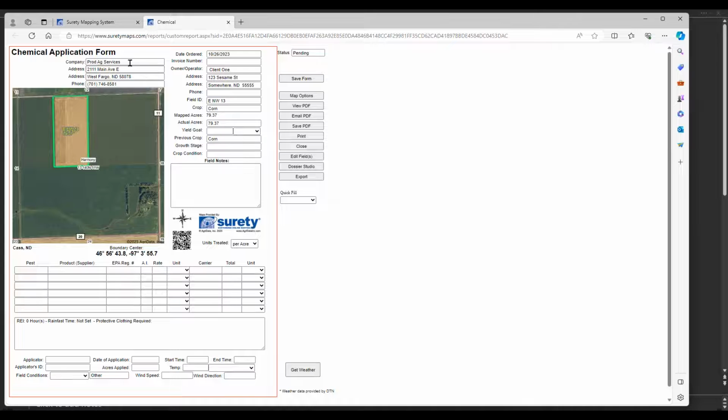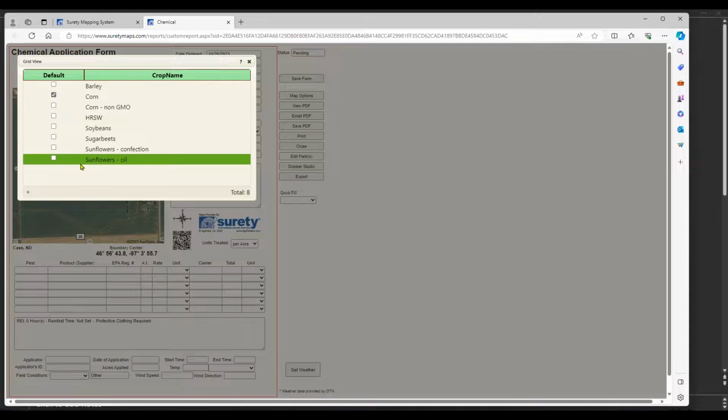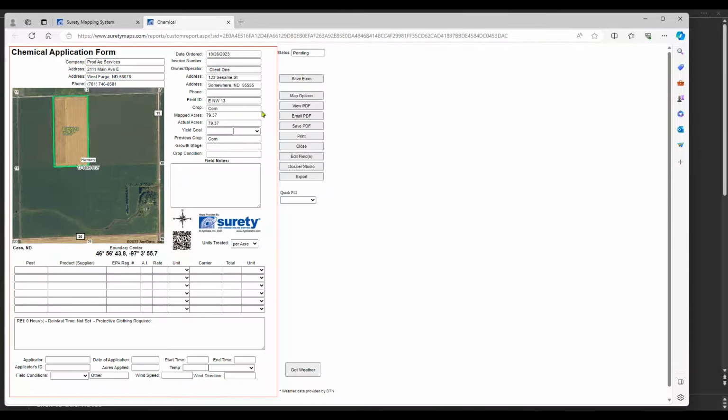Some of this information is filled in based on your company. As you can see, your company information, your client information, if you filled things out, the field ID. The crop goes to corn because I said default. You can set a default crop, but this is where you add your previous crops or the crop that you're using for this